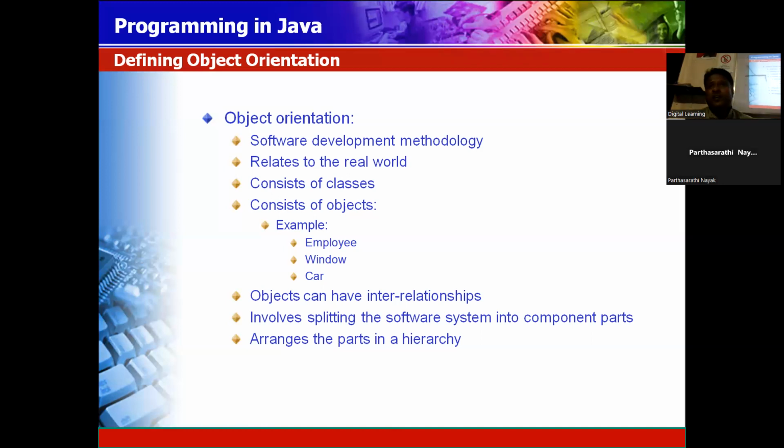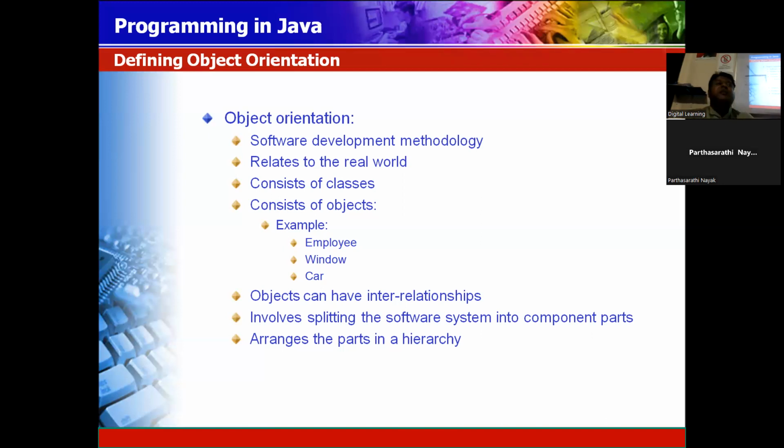Mobile phone is also an object. You are also an object. The mobile phone is interacting with you. When somebody is calling, it is ringing. If somebody is messaging, that tone is different. When somebody is giving a text message, that tuning is also different. From the tunes we come to know whether it is a call, a WhatsApp message or a text message. So that is called one object interacting with another object, and there is an interrelationship.